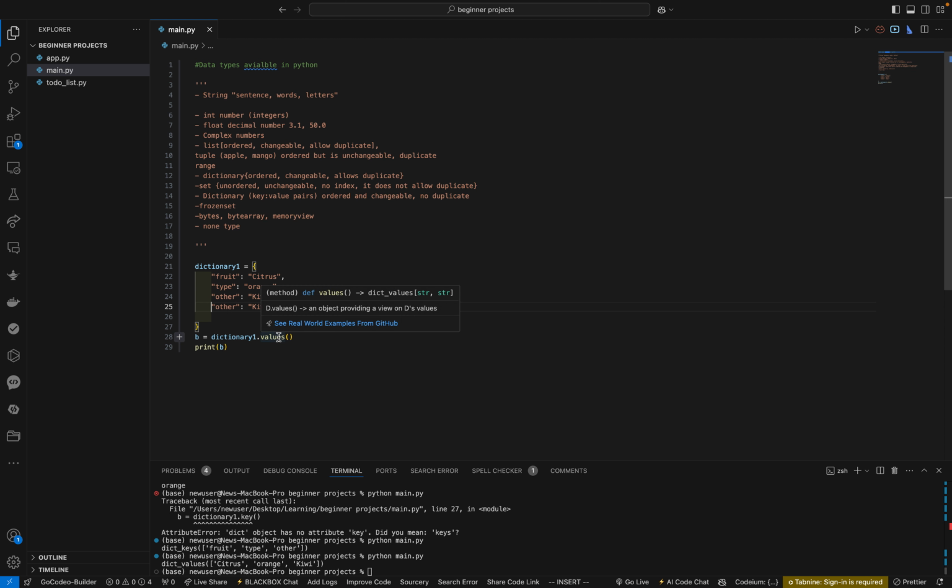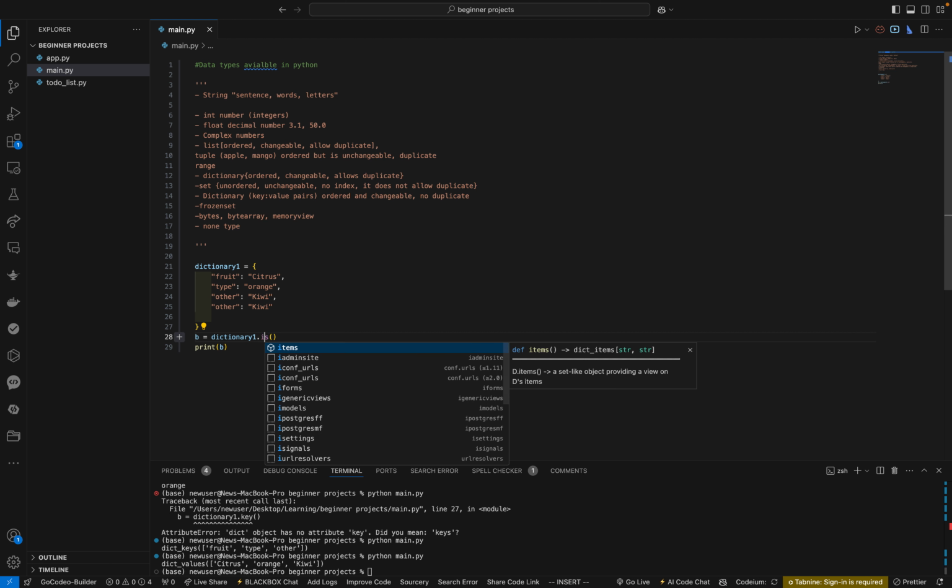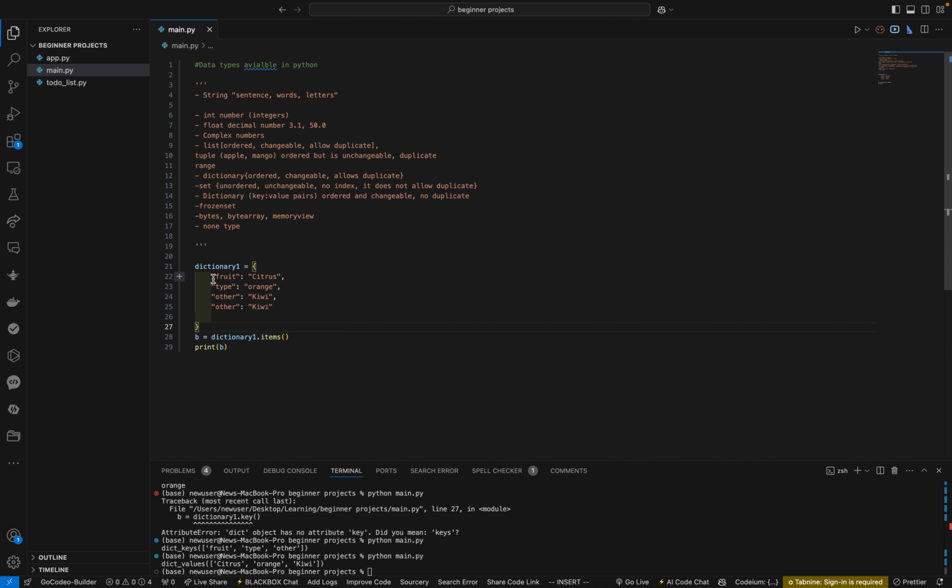What it's going to do is list the entire data we have, with both the key and the value. So we change this to items. We're trying to access all the items inside of this, so we make reference to the name of the dictionary dot items. Now if you run this,